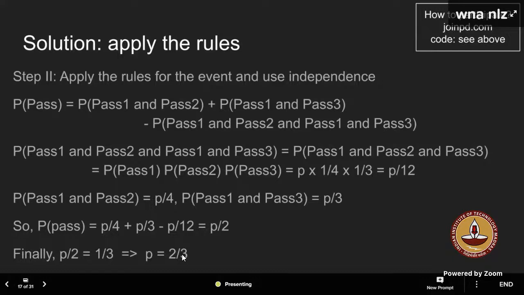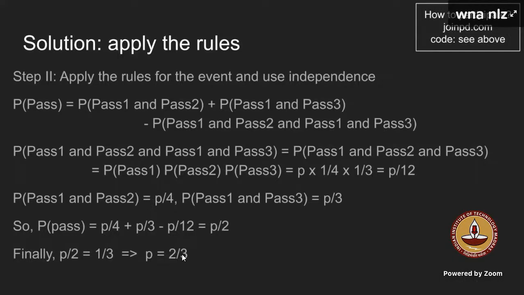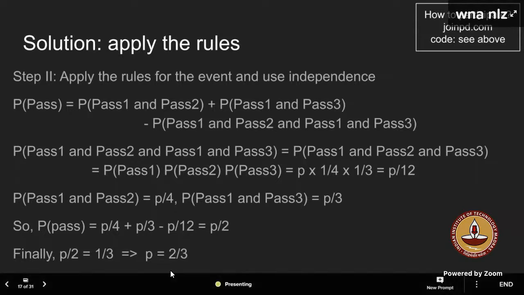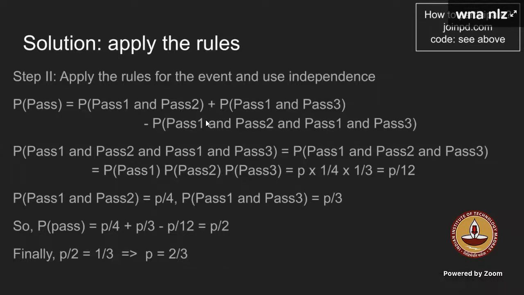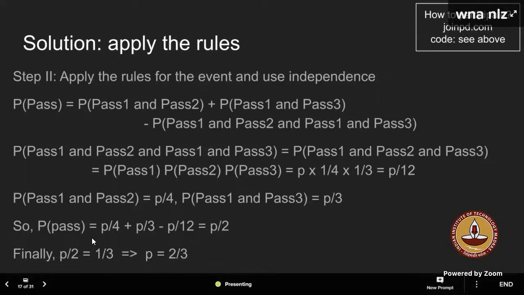Yes. So even though it's mentioned that the elements are independent, the reason why we used minus P of pass 1 and pass 2 and pass 1 and pass 3 was because we were taking the union of pass 1 and pass 2 and pass 1 and pass 3. So that's why we have to subtract that, right? Yes, because already we'll have pass 2 and pass 1 and pass 3. Those two events are not independent. Sorry, pass 1 and pass 2. So pass 1 and pass 2, if we take that as event E, and pass 1 and pass 3, if we take that as event F, then event E and F are not independent, but pass 1, pass 2, pass 3 individually are independent.